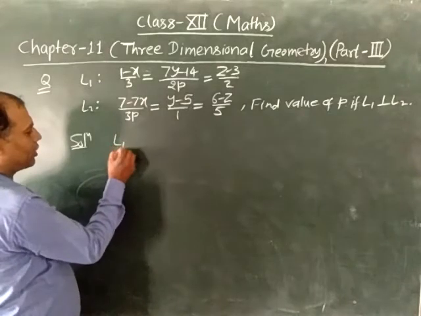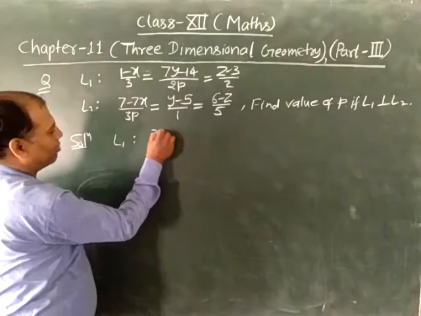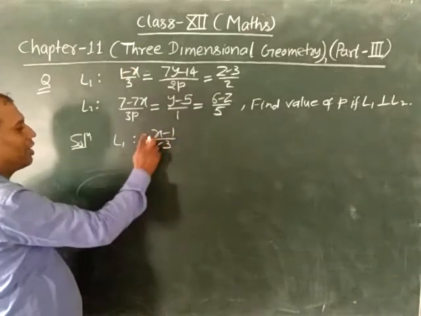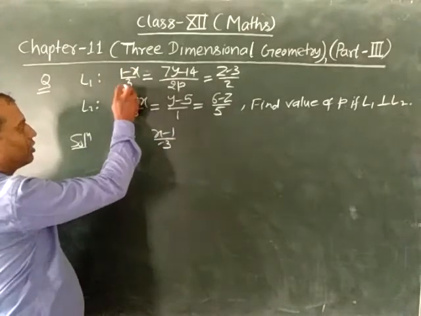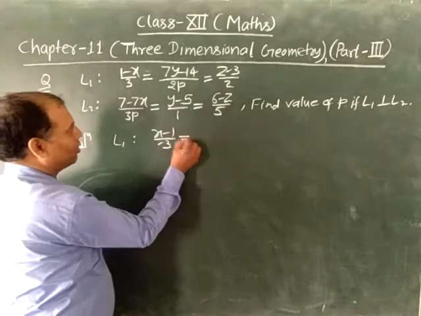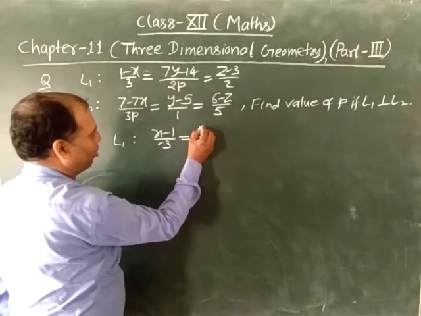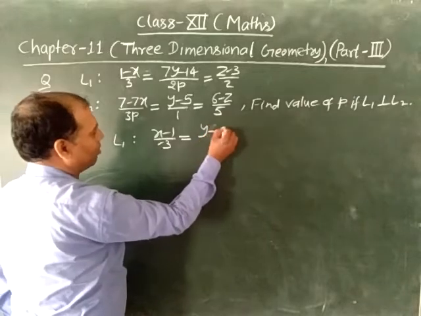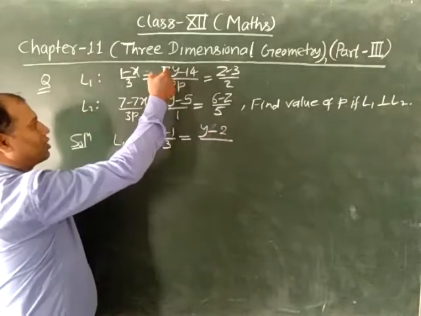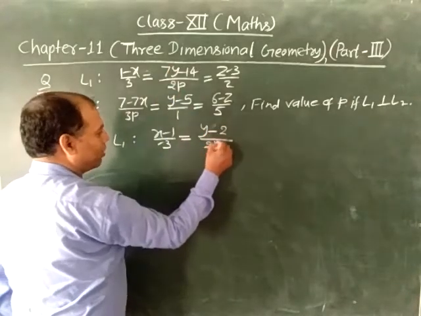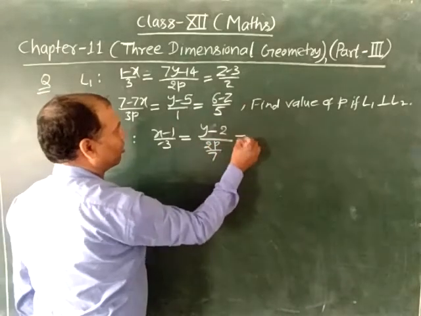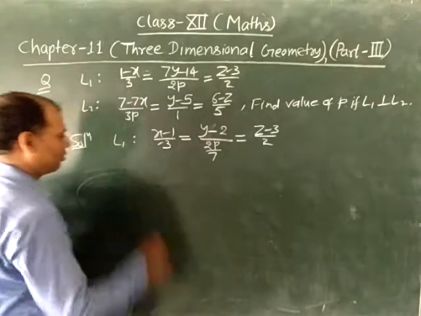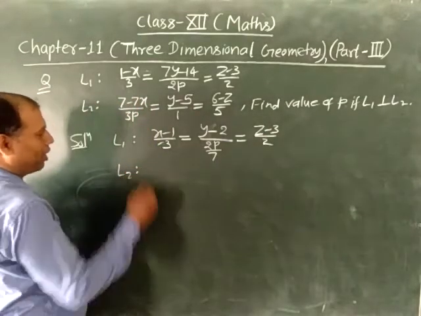So the line can be written as (x minus 1) upon minus 3. 1 minus x can be written as x minus 1, and the negative sign is associated with 3, equal to, we can take common 7 from the numerator, then we get (y minus 2), and that 7 can be written with 2p by 7, equal to (z minus 3) upon 2,